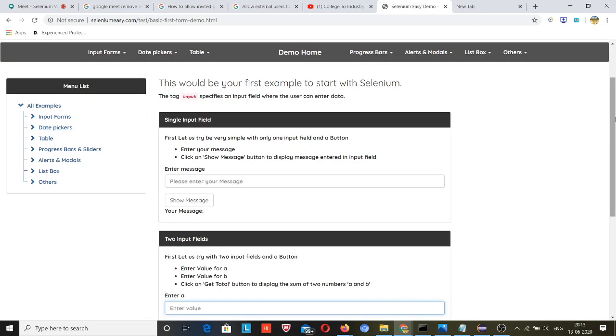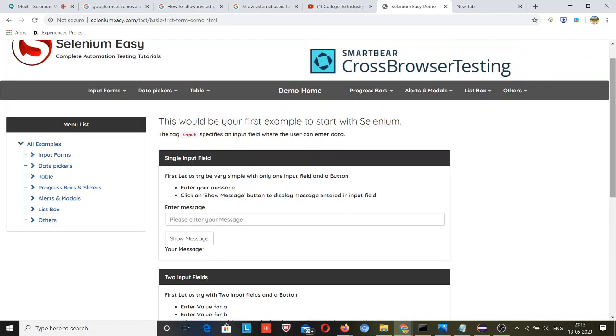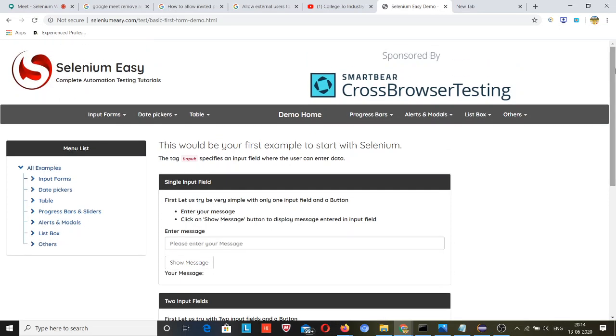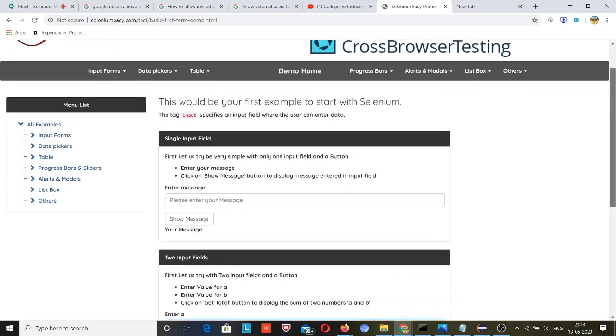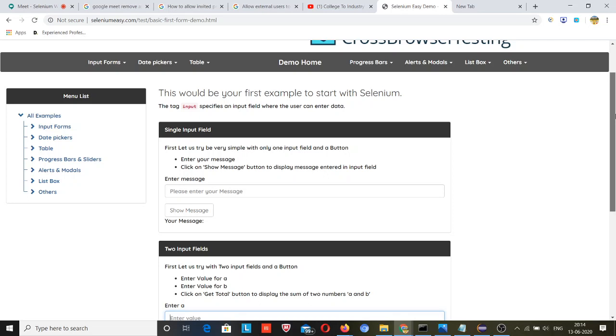So what should we do in that case? We should use different locators, not class name. Where to use class name will come up in real time, and I will try it at that time. But sometimes we don't have options, then we can go with class name. Okay guys, suppose we want to find how many elements are present with this same class name in this web page. This will be a similar kind of question, with a similar kind of answer.